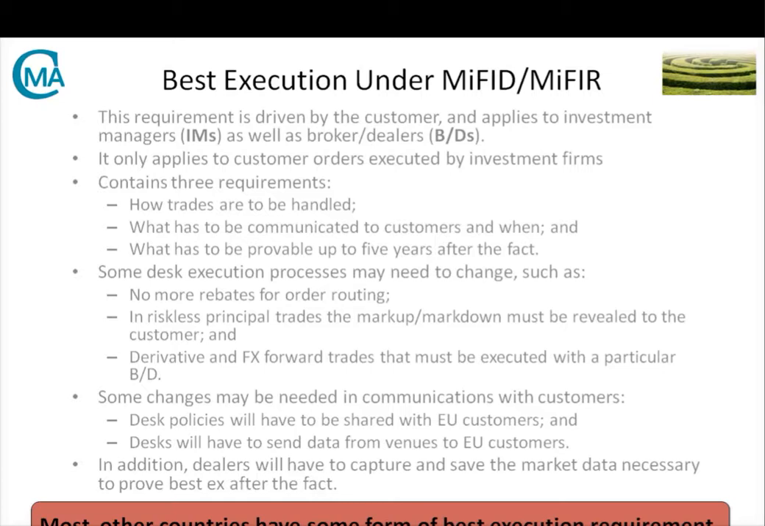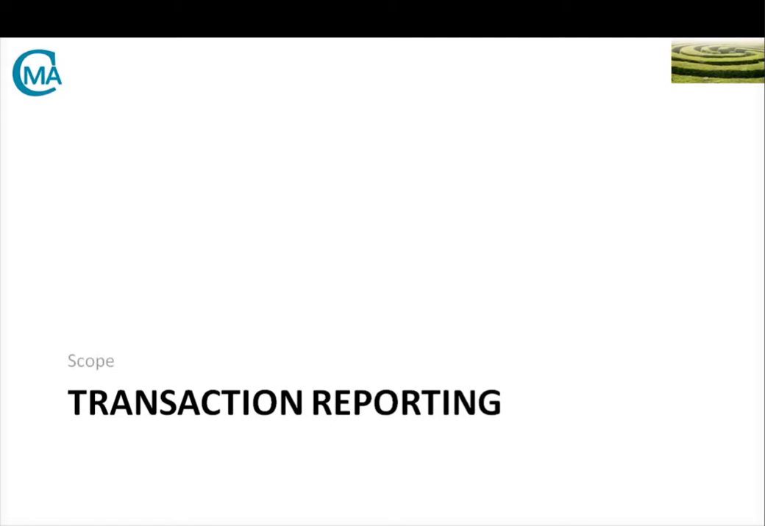Most other jurisdictions have some form of best X requirement, but they're not the same as this. And so firms are starting to say, oh, I'm going to have to separate out the orders I execute for my EU customers in order to give them some of the communications, etc., that are required under this rule. So best X, it's actually gotten quite a bit of press, and firms tend to be fairly far along with